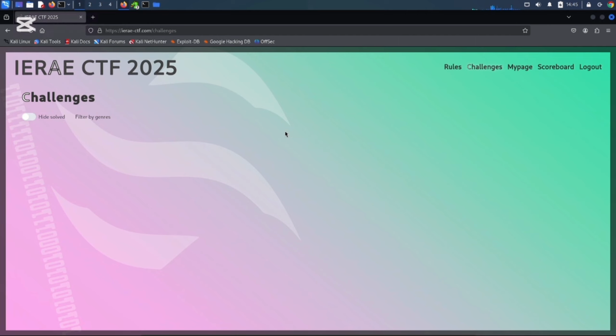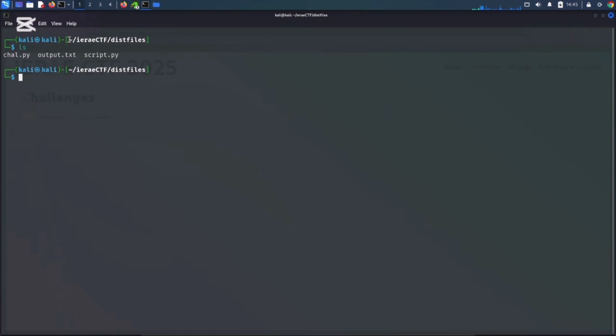Today I will solve a problem from IERAE CTF 2025. It's in the reverse category, so I downloaded the file. They include two files, shell.py and output.txt. If I open these two,